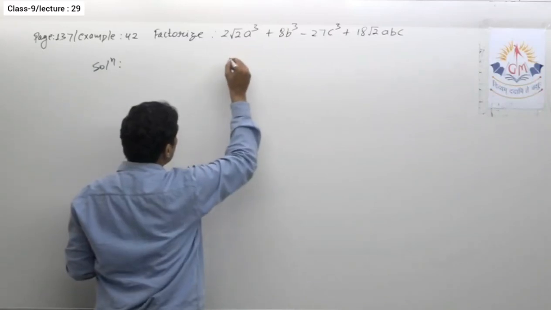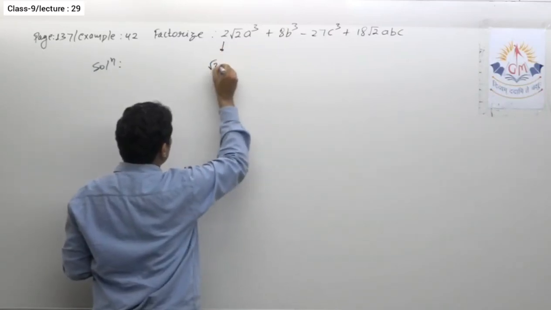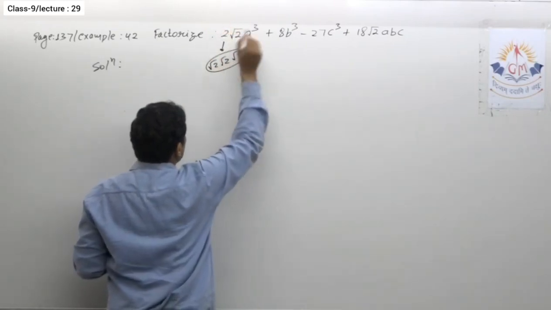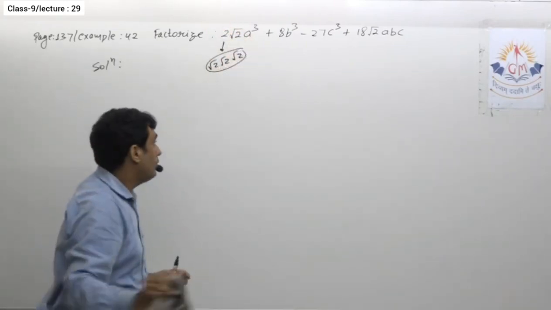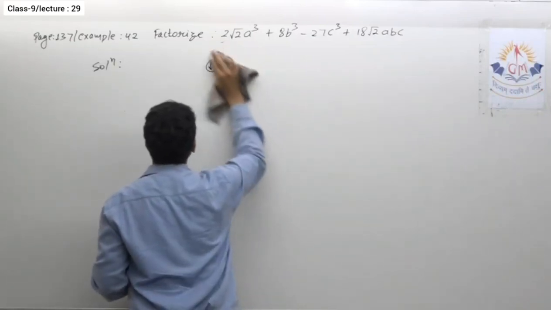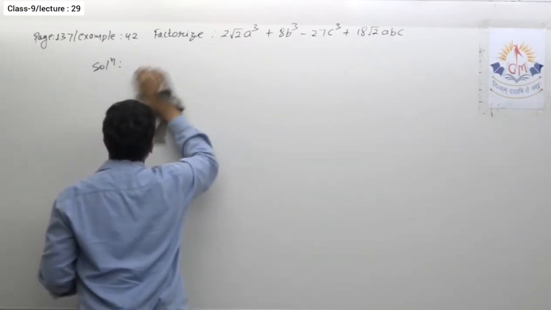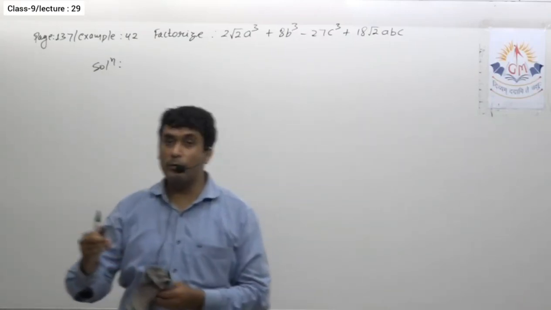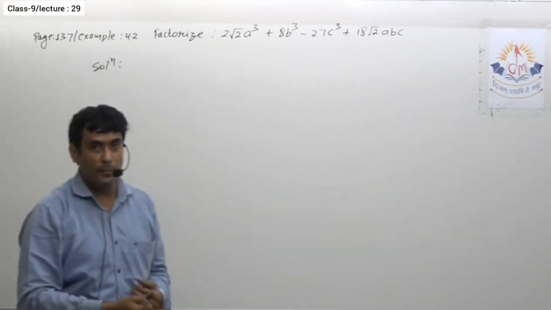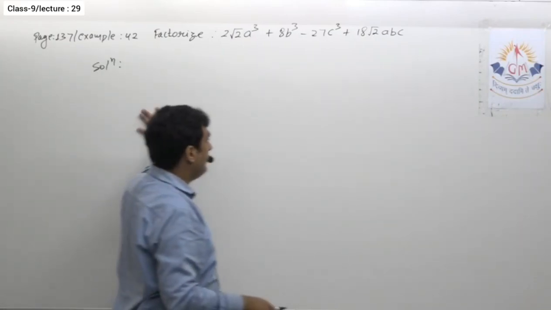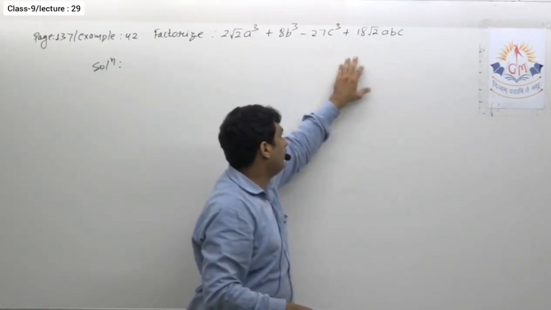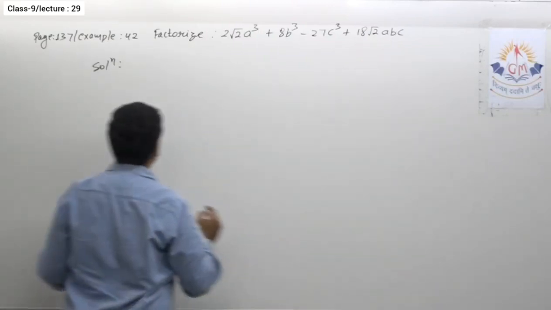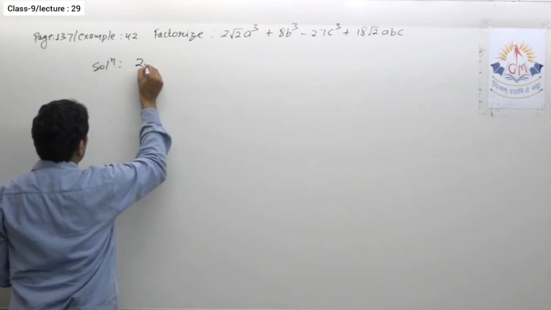Now this 2 root 2, see, 2 root 2 can be written as root 2 into root 2 into root 2, that we already know. That means this term is again a perfect cube. So here again we have cubes of 3 terms, with either plus sign or minus sign. So definitely we should go for a cube plus b cube plus c cube, and then I write minus 3abc by my own, and then I will check whether the term I wrote is equal to this last term or not. So let us see how to solve this.